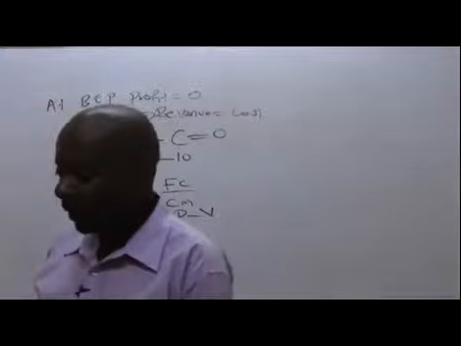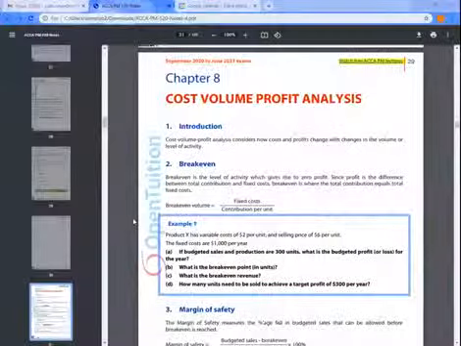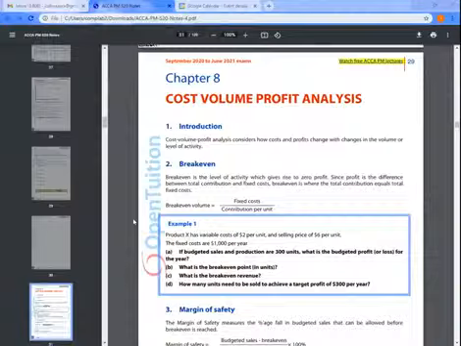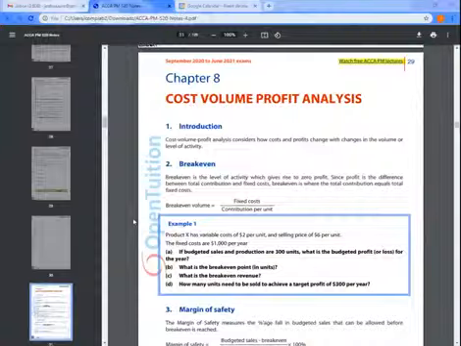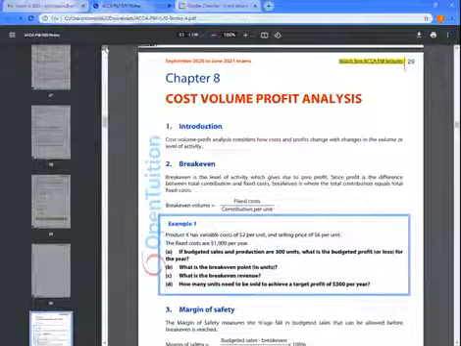Let's see. So, ladies and gentlemen, let me share my book with you here. Where are we? We are there. So they've told us that the product has a variable cost of 2. And the selling price is 6. The fixed cost is 1,000. Whenever I see those parameters, ladies and gentlemen, what I'll be able to remember very fast